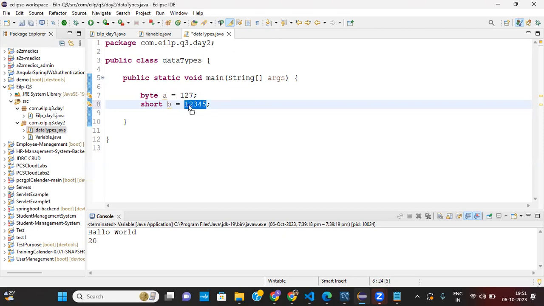It is around 12,000. If I exceed the limit, which was 32,767, and I give 8 at the end, I am now exceeding the limit and it gives an error. So it can take up to 32,767.